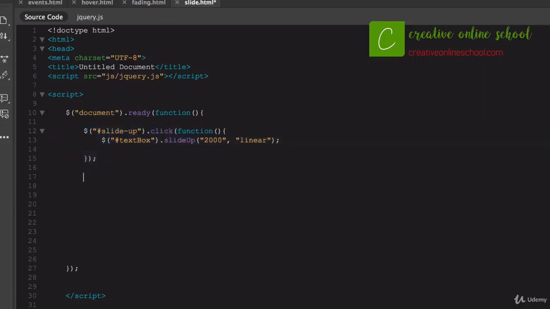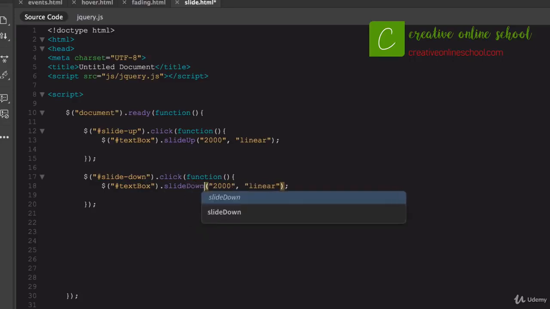You don't want your text to slide up and then just disappear forever. So I'm going to create another button that will give the ID of slide down. And same thing here, we're going to add a click, on click, and give it a function, and we're going to target the text box. And in this case, we're just going to say slide down, and we can give it the same duration right there, or we could say